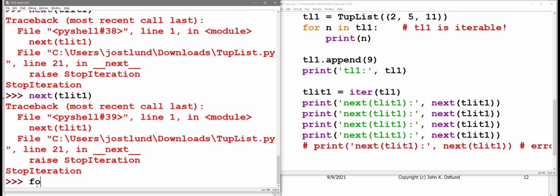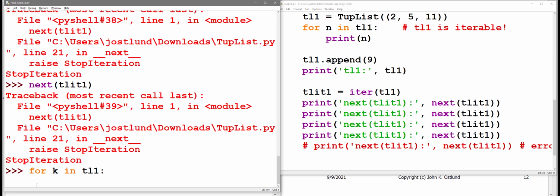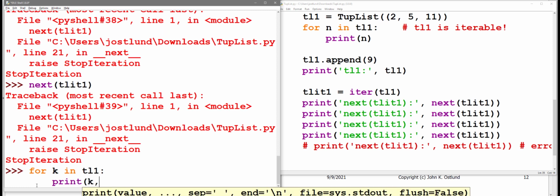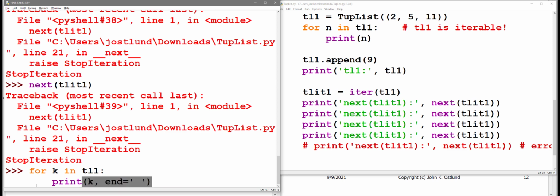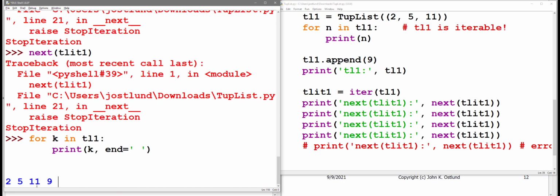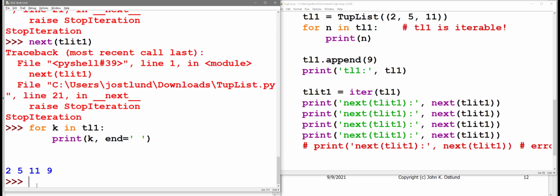Remember the for loop: I'll use a different variable name, for k in TL1, print k, and let's set the end equal to space so that we can get these all on one line. All right, so now I have these values on one line, 2, 5, 11, and 9. The for loop did create an iterator that it used internally. So what I've done here with the for loop is equivalent to saying